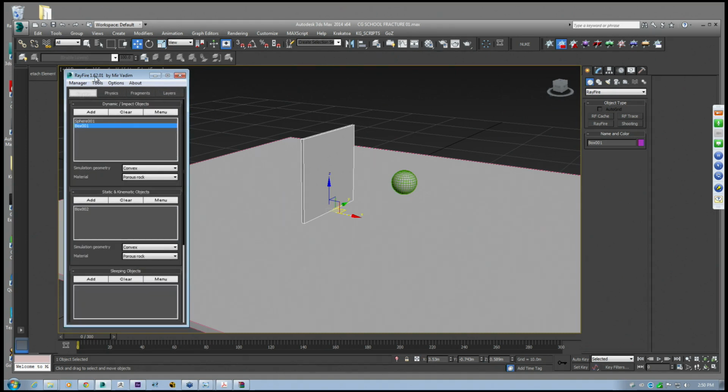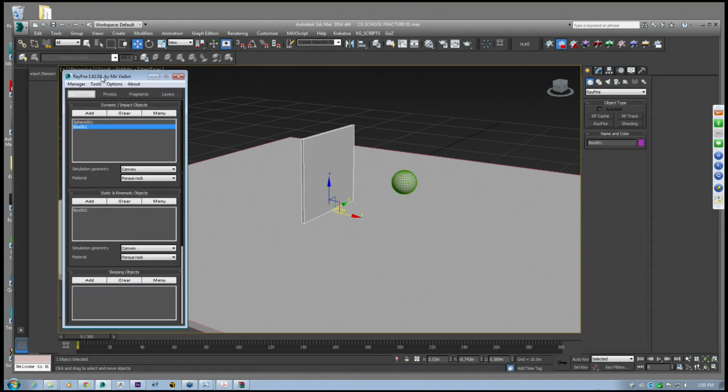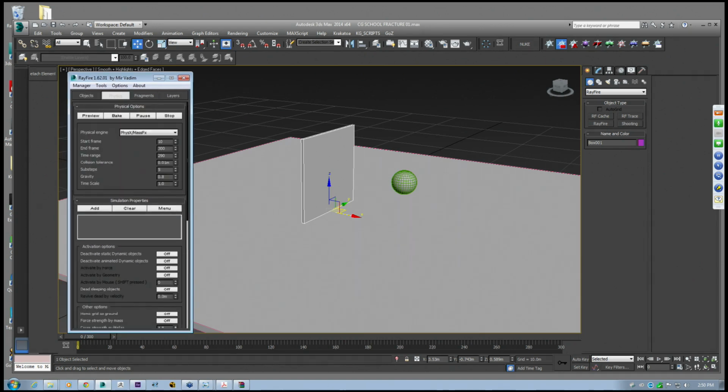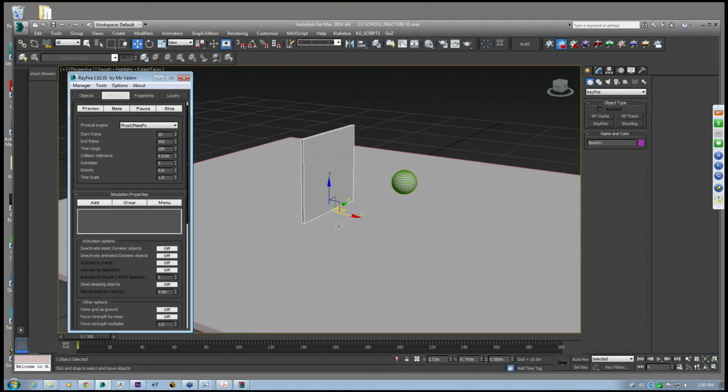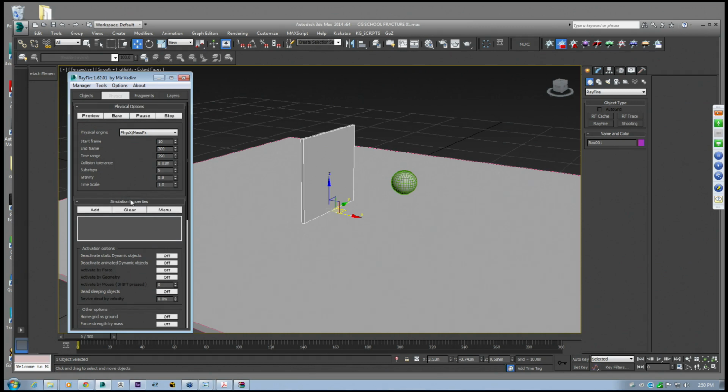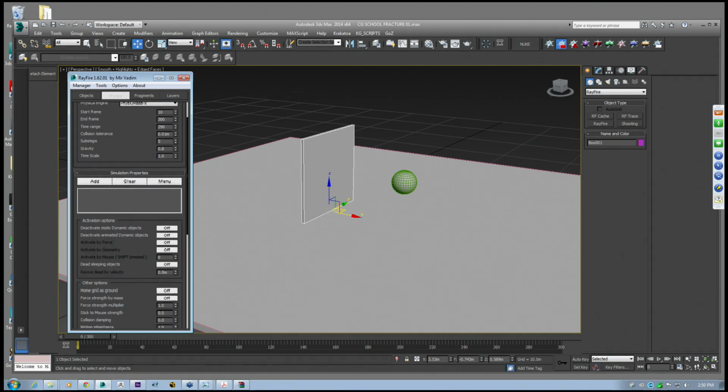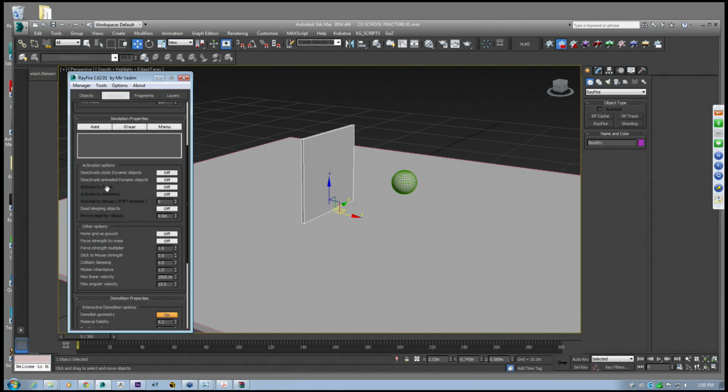I think in this instance, this is where Mass Effects really is better than Rayfire, because this doesn't actually give you, I thought it did, but I was wrong, it doesn't actually give you individual control of the material. So what you'd have to do is pre-fracture the wall first, and then have the ball smash through it, basically. But let me just confirm,